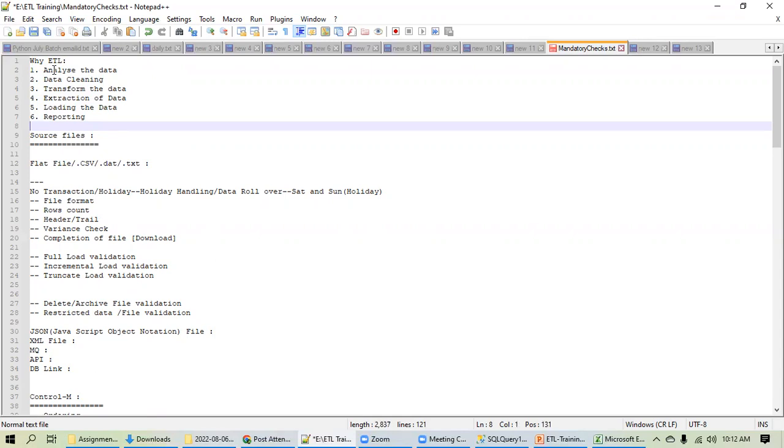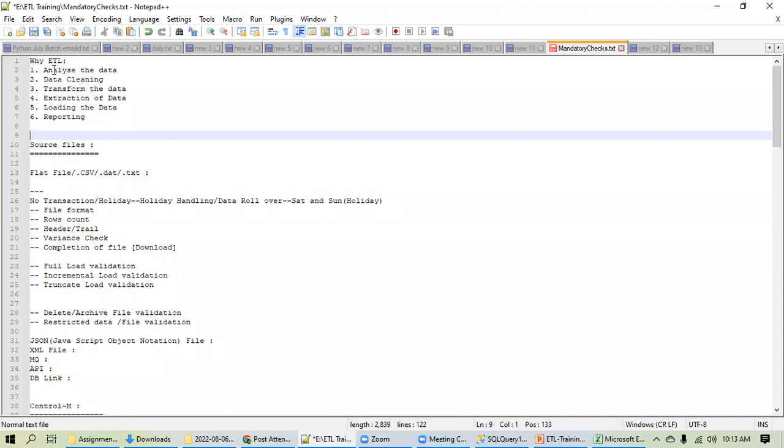So before we start with ETL, this kind of question is generally asked: why do you need ETL? What is the need for ETL? Fine, you'll be working in an ETL project, either in a data engineering role or an ETL testing role or any other role, but why do we need an ETL project in a company? First of all, you should know why we need ETL. That's the most important thing. So why do we need ETL?